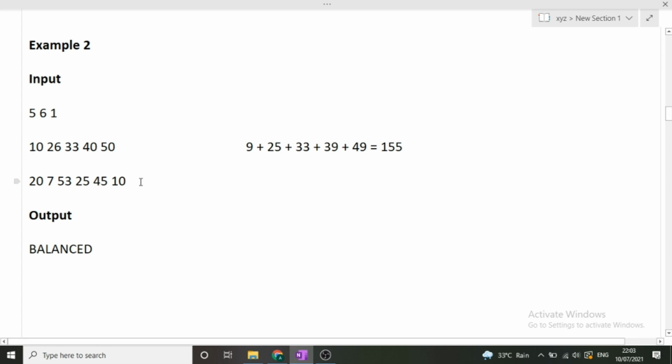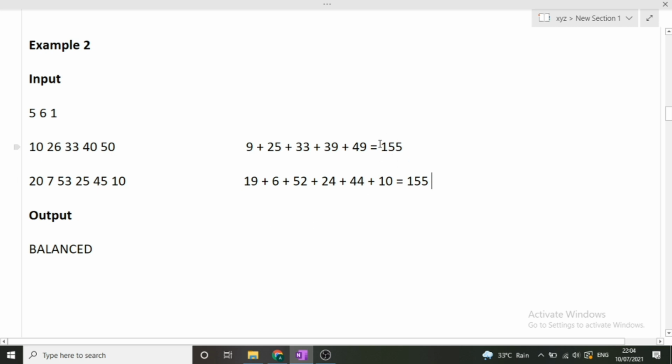Similarly, we will calculate the actual capacities of the outgoing pipes, that is rated capacity minus the rust factor: 19 plus 6 plus 52 plus 24 plus 44 and plus 10. So you can see that the sum of actual capacities of incoming pipes is equivalent to the sum of actual capacities of outgoing pipes. It means that the amount of water entering is equivalent to the amount of water leaving. So this junction is already balanced. We do not need to balance the junction.